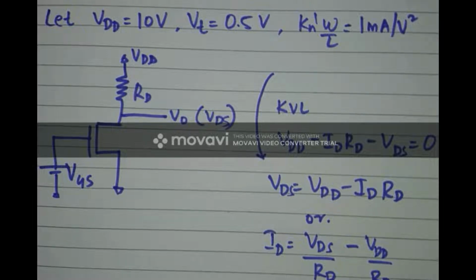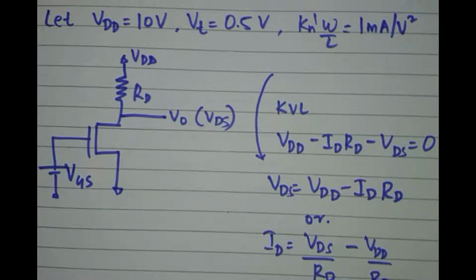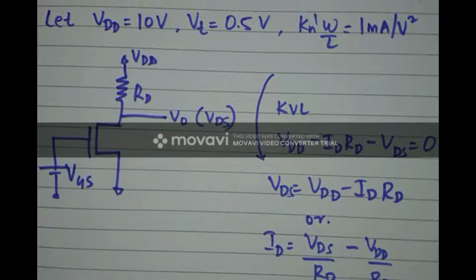we know that for proper amplification to happen, the MOSFET has to be biased in saturation region, and to ensure the MOSFET is in saturation region, we need to abide by certain conditions. That is, the current has to be flowing constant and the MOSFET has to be in the saturation region. Now,